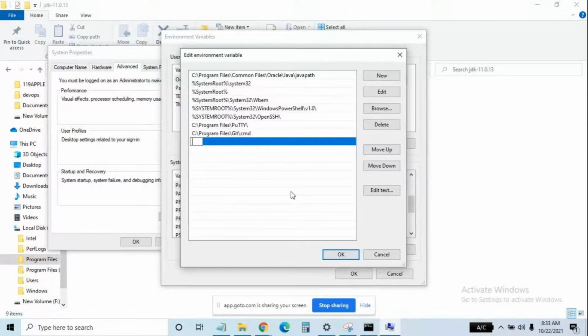Percentage. On your keyboard, the percentage sign will be there, right? Percentage, then JAVA_HOME in capital letters, then percentage. Then a slash, not the reverse slash, the forward one.